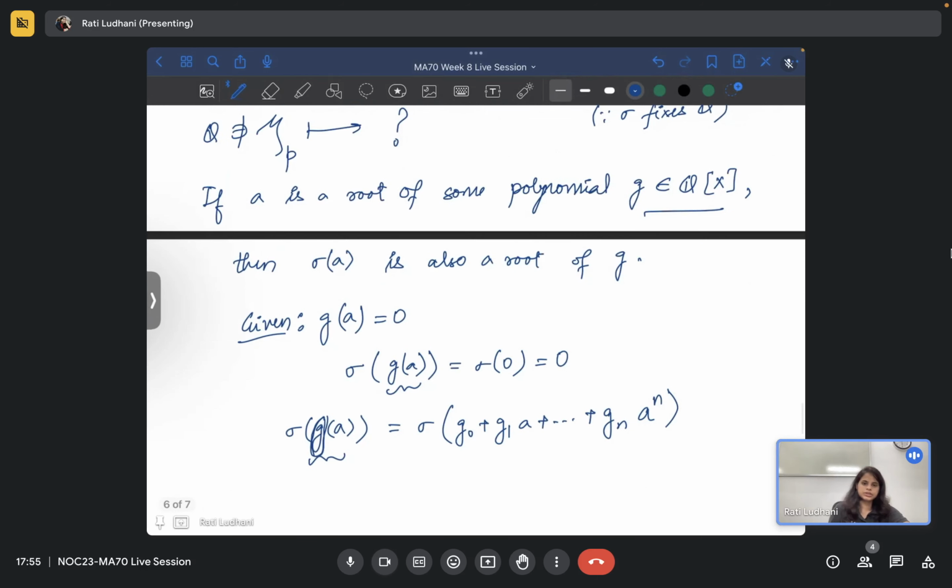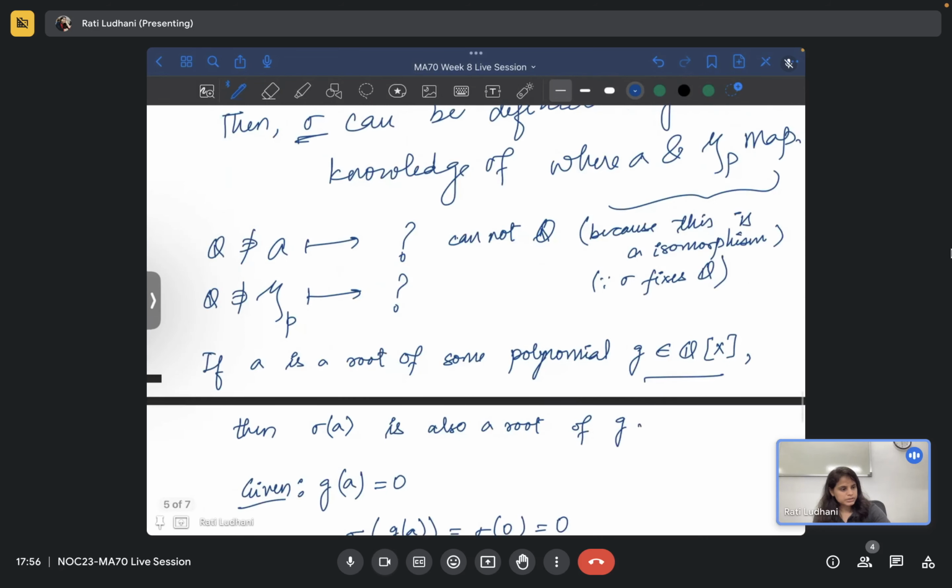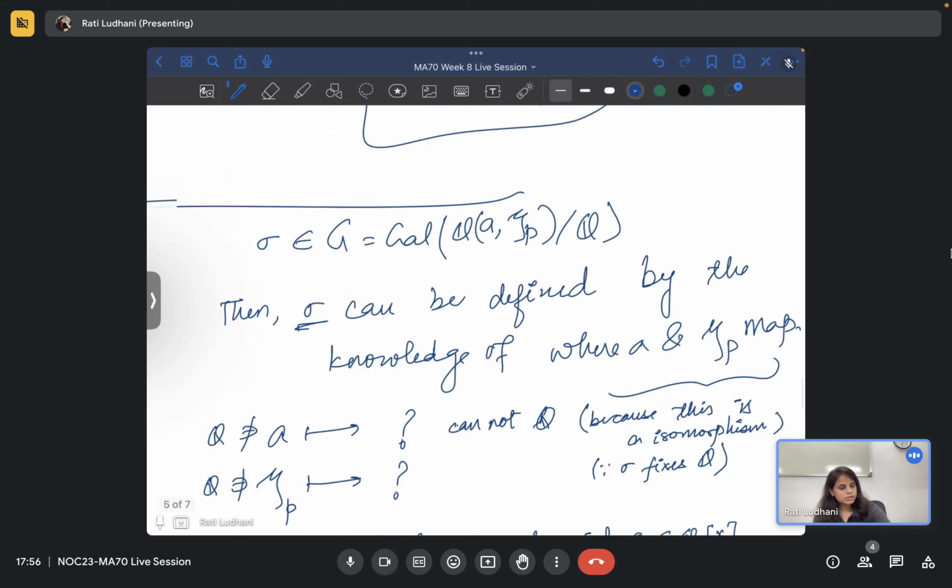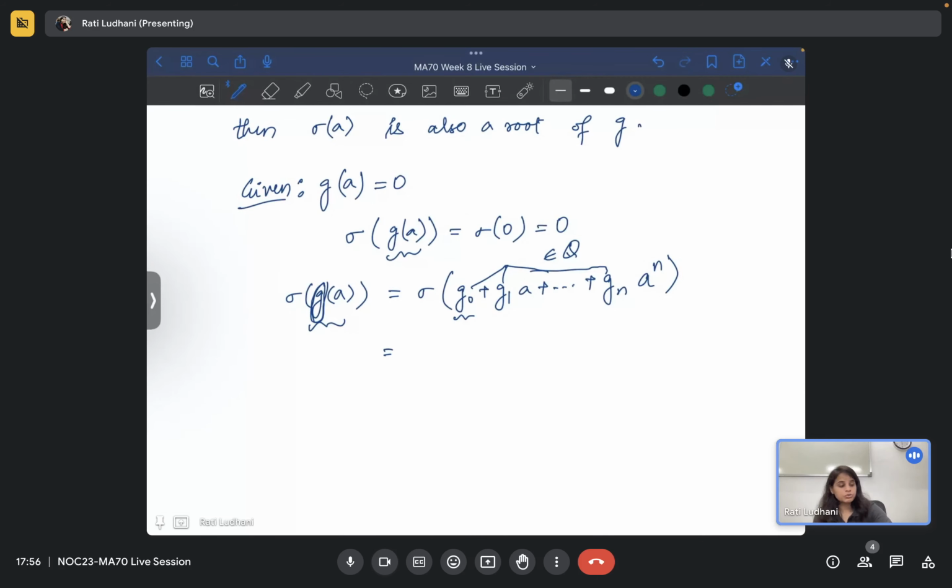We don't know the degree of g, so let's say it is n. g is a polynomial, and when you put a, you just replace x by a. Now since these coefficients are in Q, by the Q-linearity of sigma, because this is a linear isomorphism,